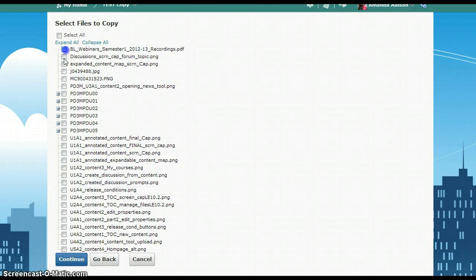And what this will do is it takes me into the background of my course files. So what I want to do is select everything sort of extra and laying around, plus everything in my units 0 and unit 1, just on this first copy. And then I go to continue. So probably on a piece of paper I mark down that 2, 3, 4, and 5, those units, I haven't copied those files, so that will have to be in another copy attempt. So then what you do is press continue,